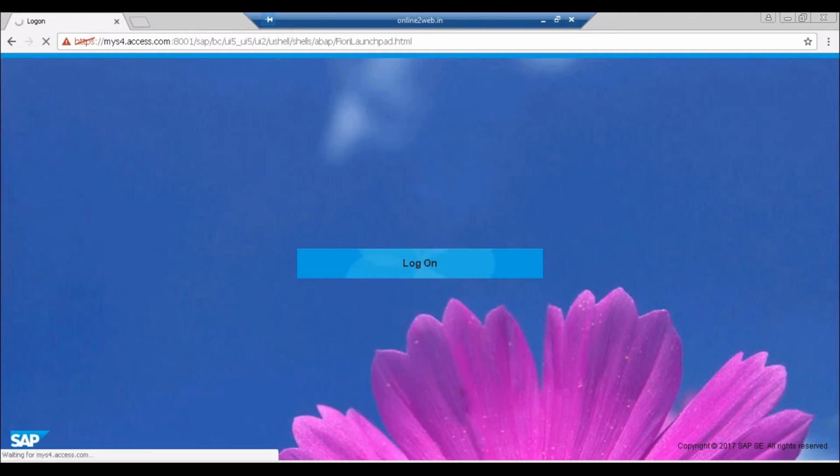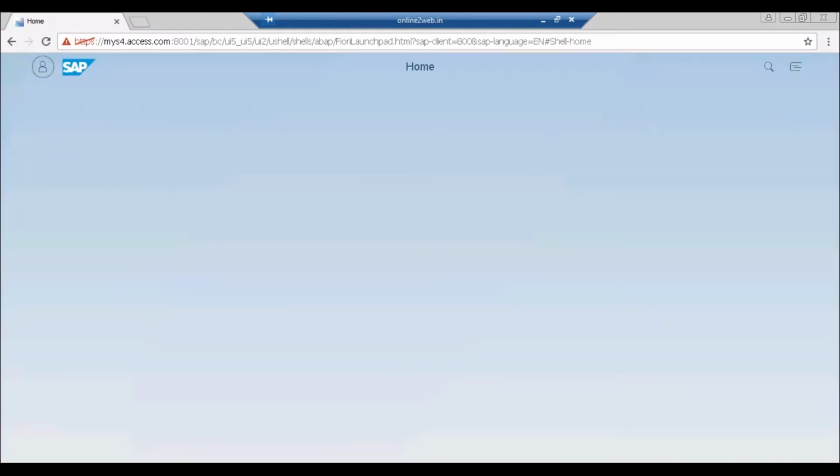Okay, this is called the login page, as it is normally called whenever you log in to the application. Once you provide the information in the login page, once you enter your user ID and password, the next screen that you get is called the SAP Fiori Launchpad. This is called the SAP Fiori Launchpad. What is the meaning of Launchpad now?